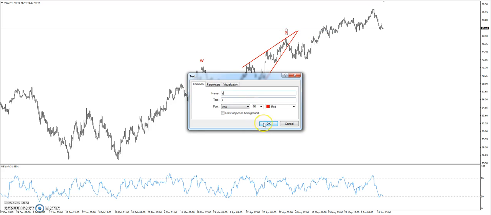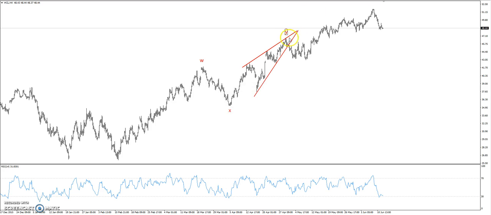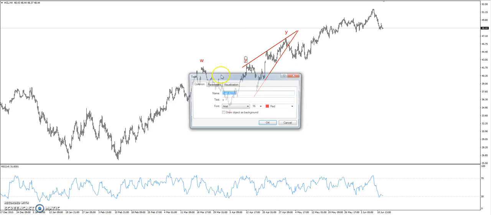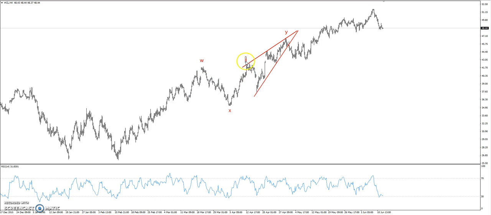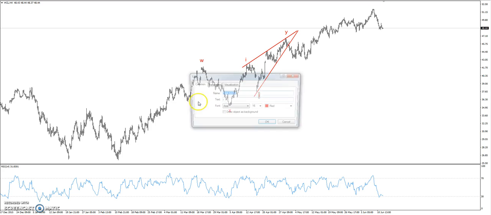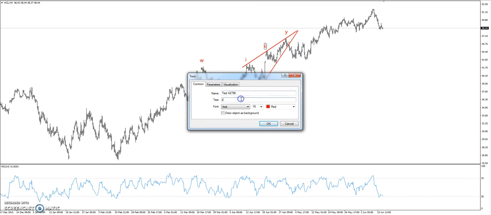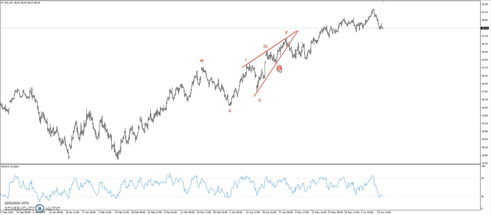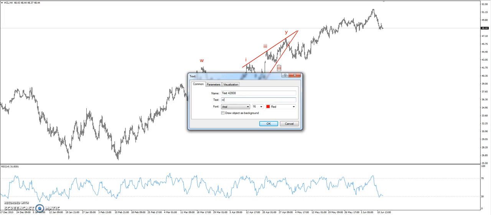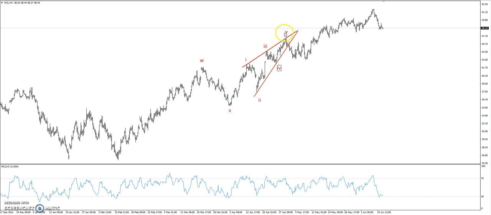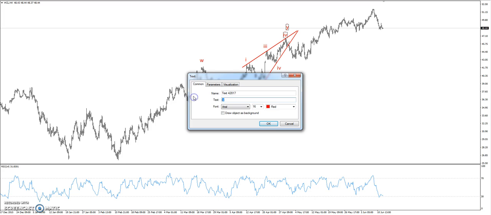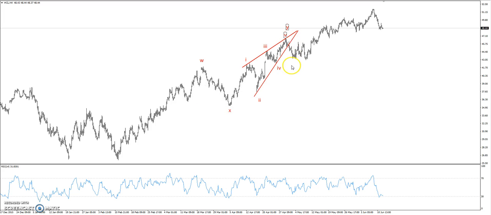We're going to play out one or two scenarios as the market unfolded. Remember that the ending diagonal or wedge is a reversal pattern, and there are 5 waves in it. So let me just label the 5 waves, and we can work from there. I was looking for a top or a possible reversal pattern, but from this top, from wave 5 or Y, the market didn't give us the impulse wave down.